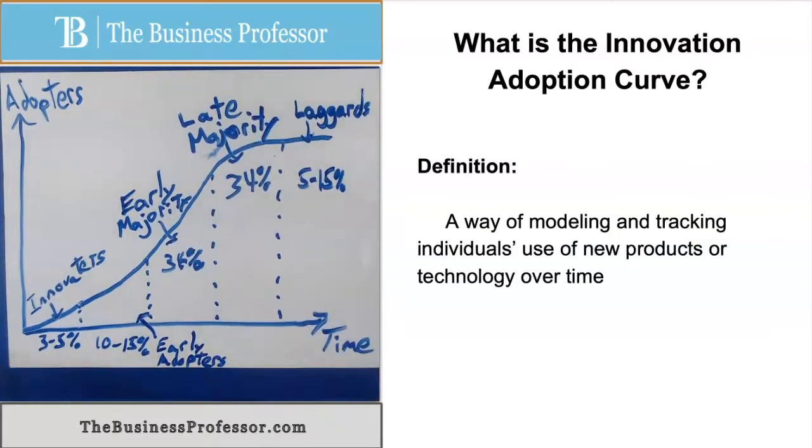All right, you might think about this in terms of smartphones or cell phones in general. At first, very few people would use them because they were expensive and unfamiliar. Then the early adopters came along and said, that looks like a useful product to have, so I'm going to get one of those. Next, we had the early majority as cell phones became more common, and the late majority came after that, and then finally the laggards adopted last. Where we are in this process would dictate how we would try to promote our product. And so it would be key to our promotional strategy to understand the innovation adoption curve.